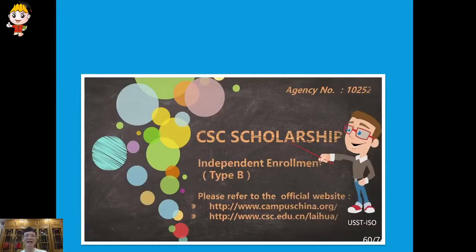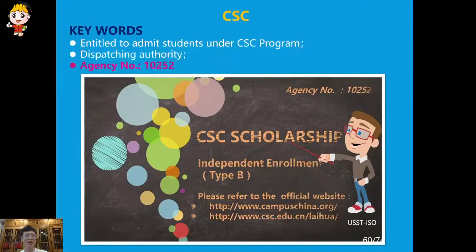The key information, keywords here, the agency number, because the students propose the same questions, repeated the same question. What is agency number? Do you mind to jot down the key information? Agency number 01052. Okay, choose the correct university.